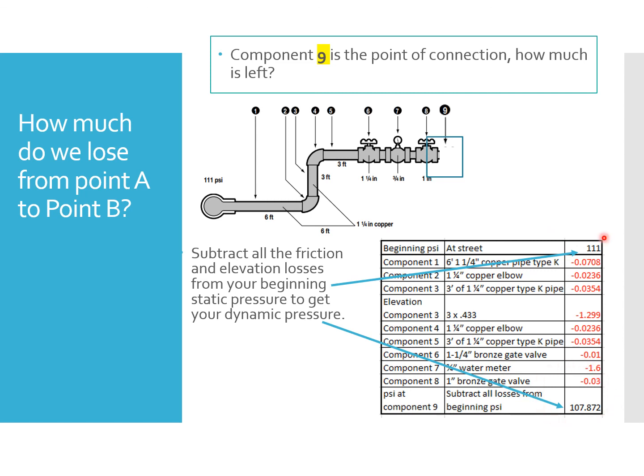So here I've illustrated in a chart all of the losses that we had from component 1 all the way through component 8. We have component 1, which was 6 feet of 1¼ inch copper pipe. We have a copper elbow, 3 feet of copper pipe. Then we had our elevation change of 3 feet, another 1¼ inch copper elbow, 3 feet of 1¼ inch pipe, a 1¼ inch bronze gate valve, a 3/4 inch water meter, a 1 inch bronze gate valve, and after you subtract all of those losses from our beginning pressure of 111 psi, our remaining pressure is